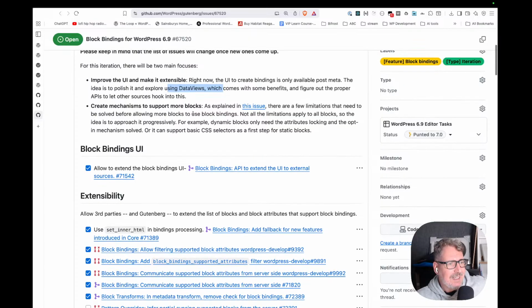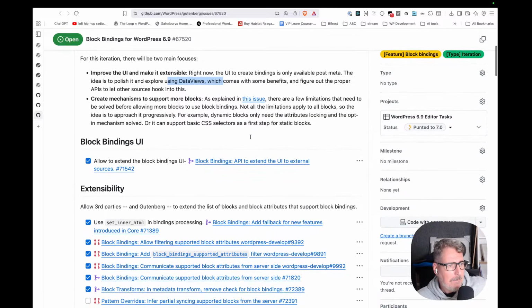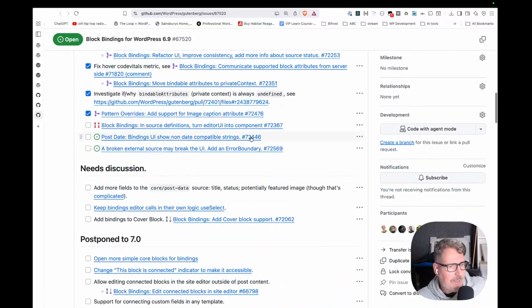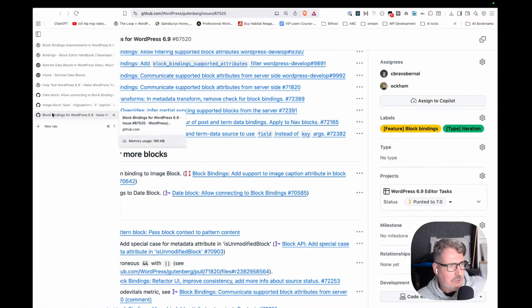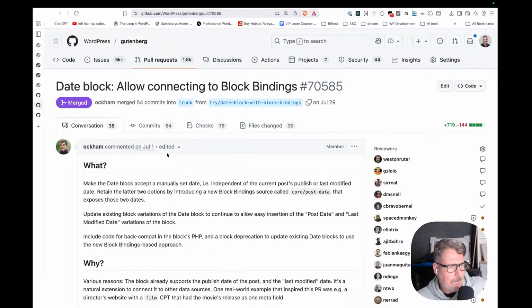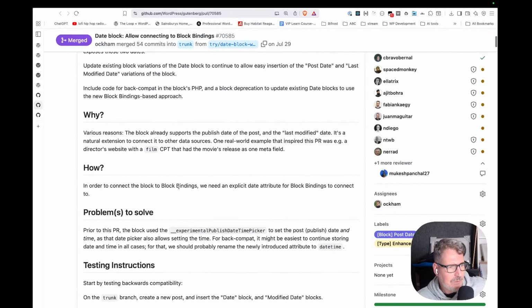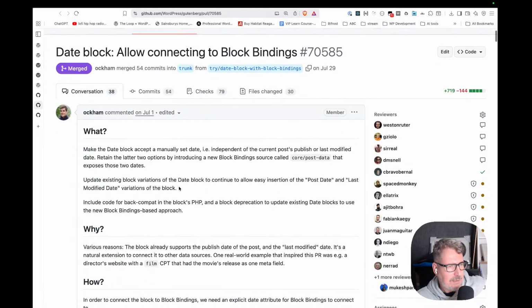Okay. Then we have another focus, which was create mechanisms to support more blocks. As explained in this issue, there are a few limitations that need to be solved. Yeah, I think this is one of the updates here. So this is like the tracking issue, and then we have two specific pull requests. This one